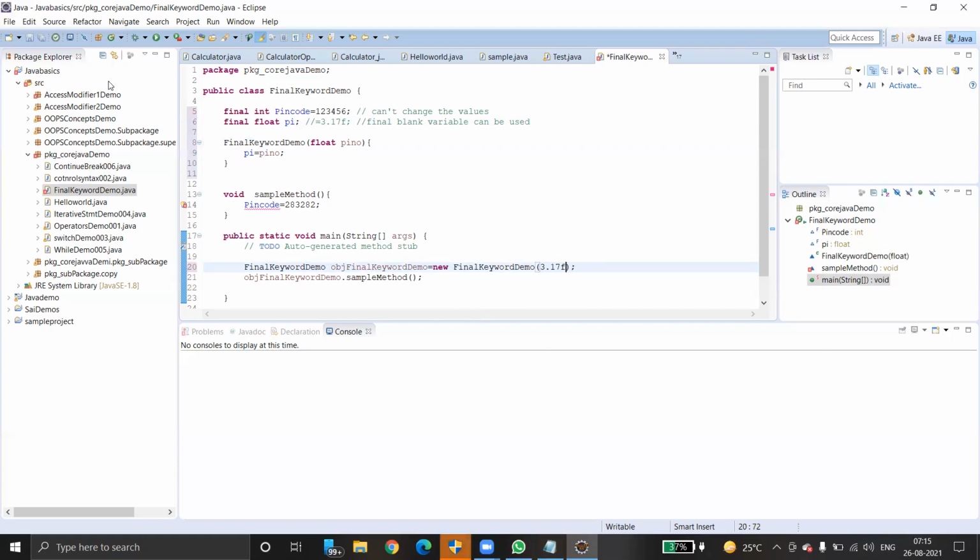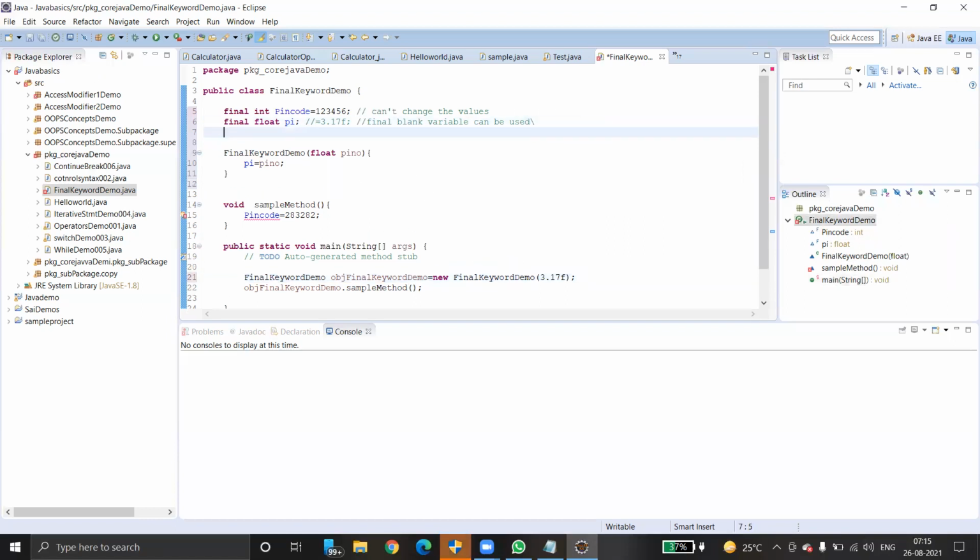Static final variables that are not initialized during the declaration can only be initialized in the static block. If you create a static final, say I'm creating one more variable, static final integer registration number. You get an error because it is not initialized.